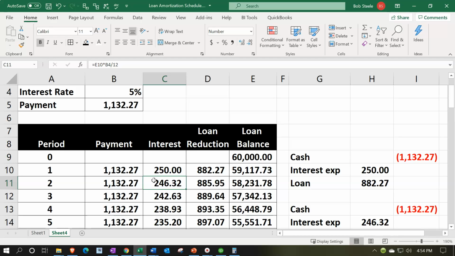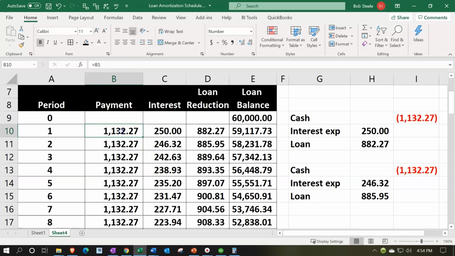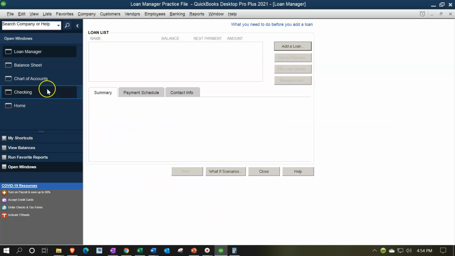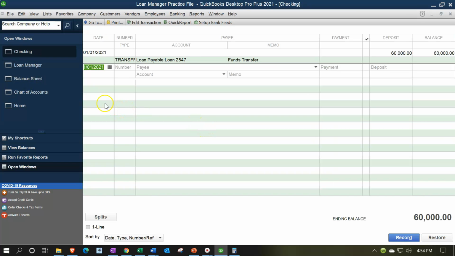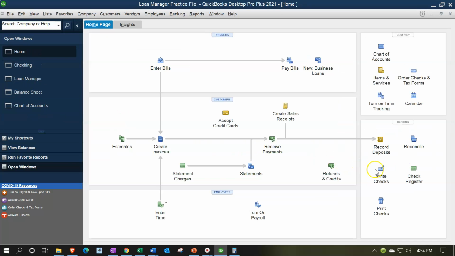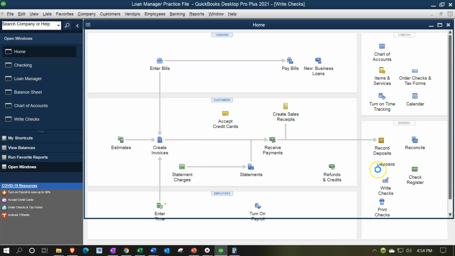You can ask your CPA firm or your tax firm to build this for you, or you can build it yourself. But then you still have to refer back to it every time you make a payment. Every time I make a payment, I would have to go back and say, okay, now I want to pay the check. I would then have to say, okay, I'm going to write a check,